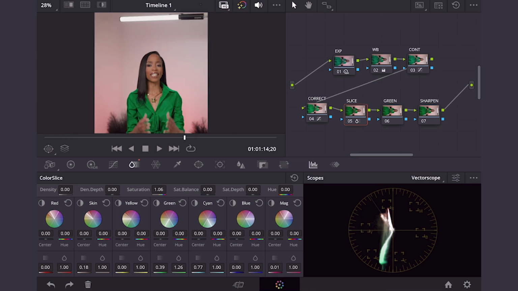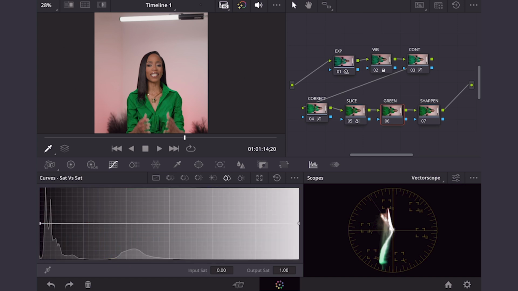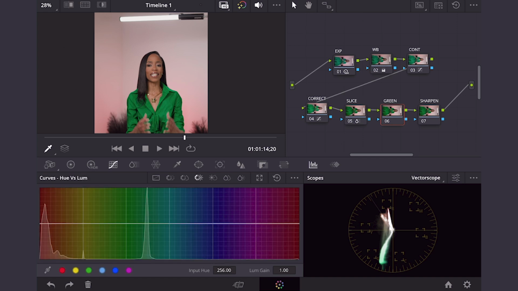All right, and then we're going to go to our second to last tab. We're gonna fix that green a little bit. That green is just coming in a little too strong, even though it's like the main entree right next to her, but it's just coming in a little too strong. We're gonna actually go into the luminance versus the hue, and we're actually going to dial down that luminance gain a little bit, make it a little bit more darker. Okay,